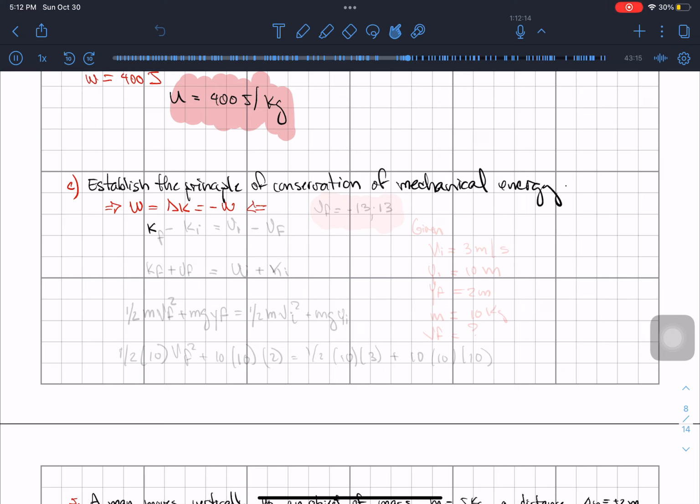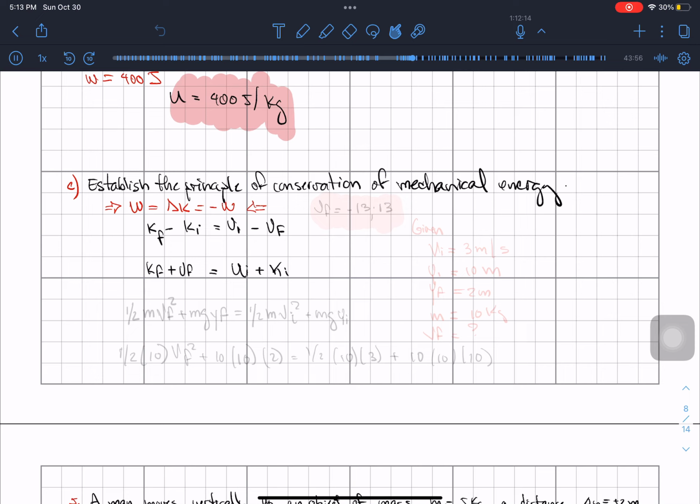K final minus K initial is going to be equal to U initial minus U final. This is the same as saying K final plus U final is equal to U initial plus K initial,